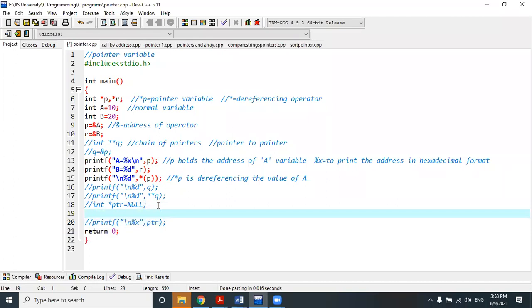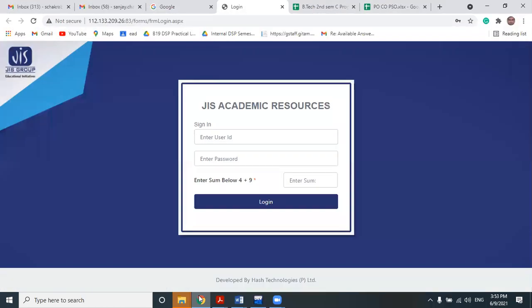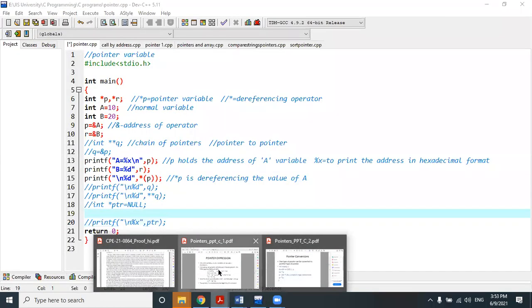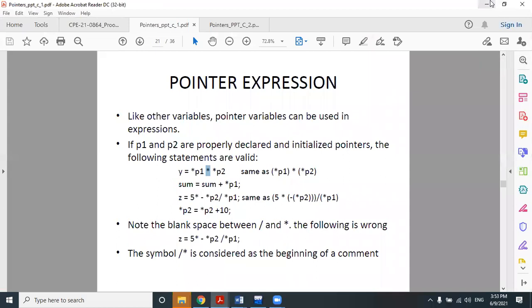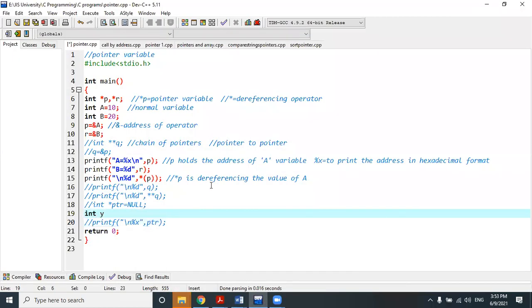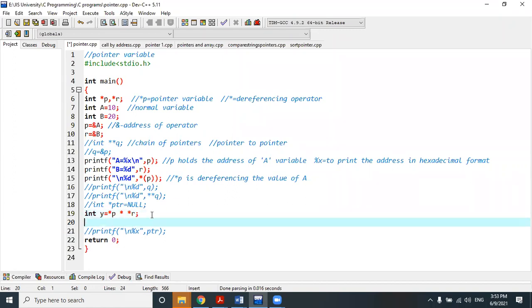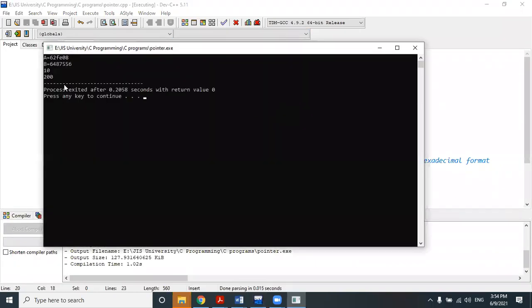Suppose we declare one variable y and write star P multiplied by star R. Is it a valid expression or not? Is it a valid pointer expression or not? Yes. If we print y here, what value will we receive? Clear?